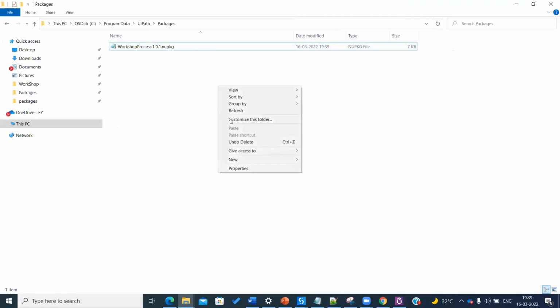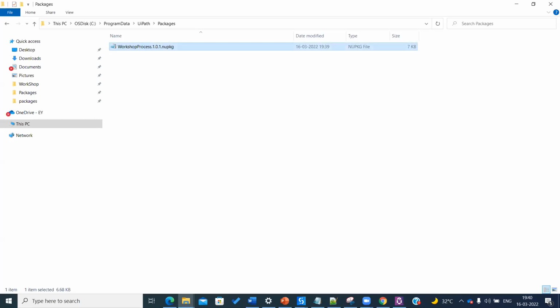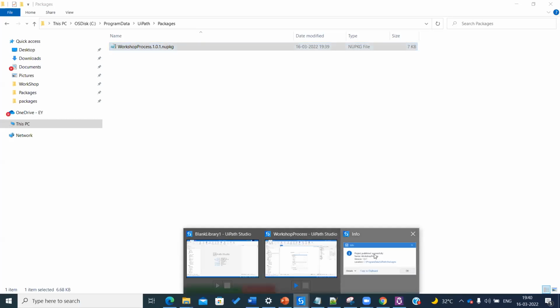Okay, now actually I am expecting this package should go to Orchestrator, but it has come locally into my machine. But actually, what is our expectation? We wanted this to be configured in the Orchestrator. I will again explain in a meaningful way with the definition what is Orchestrator, and what we can do in Orchestrator when I open the Orchestrator. Okay, so now this is the package which we have created when we clicked on publish.